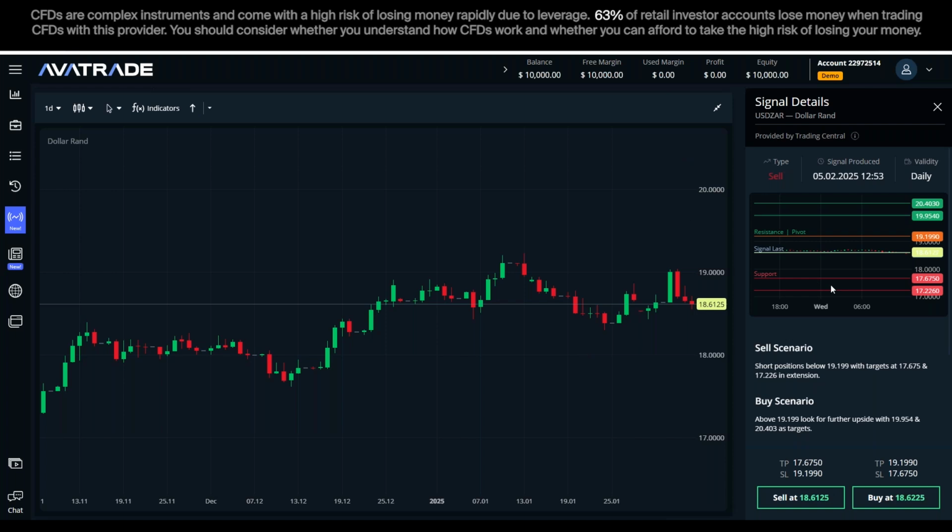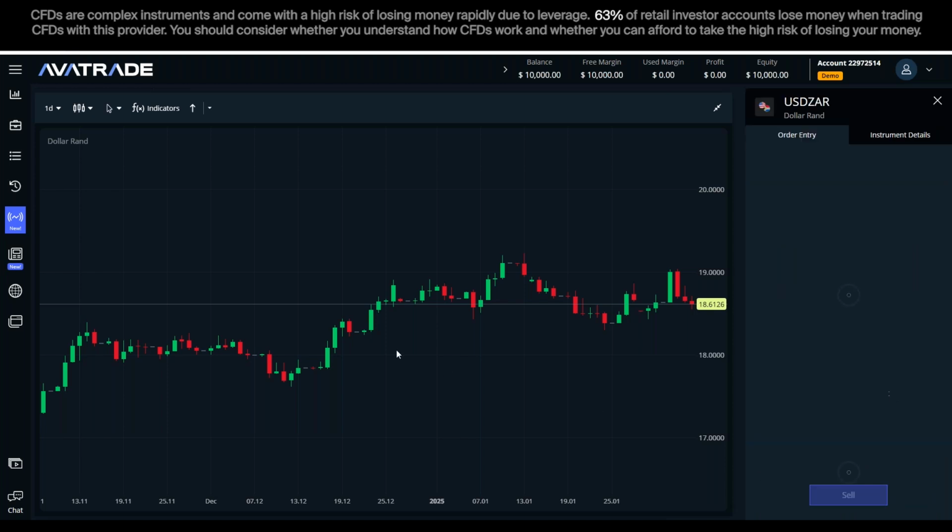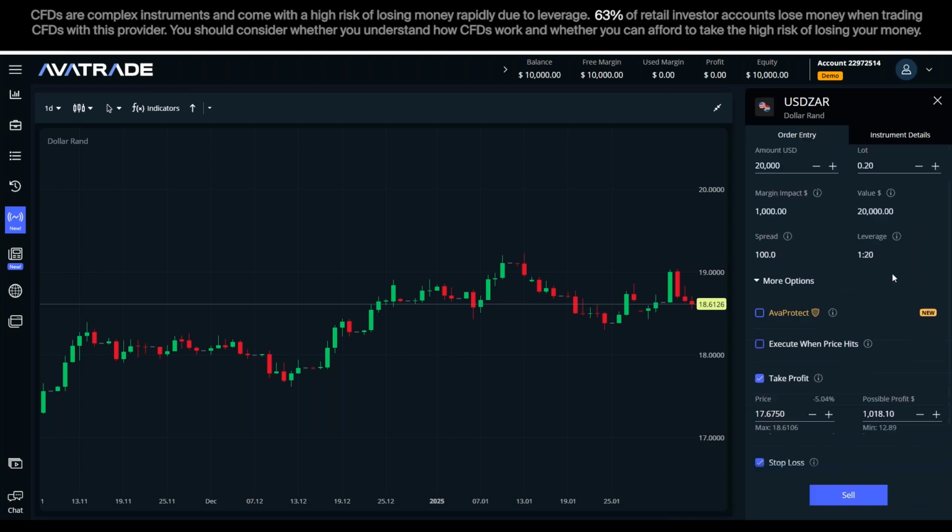Okay, the idea here is very simple. We have two scenarios, a sell and a buy. If I decided to go with a sell, I click here on the sell. You see that the take profit and the stop loss are already here. I don't have to do any analysis if I don't want to. So I can click here sell. And then